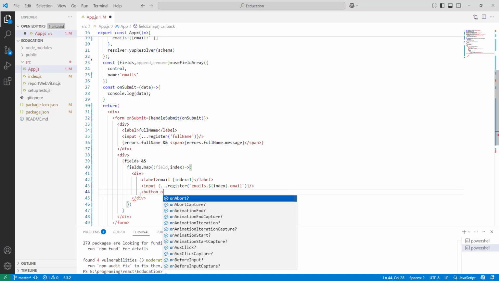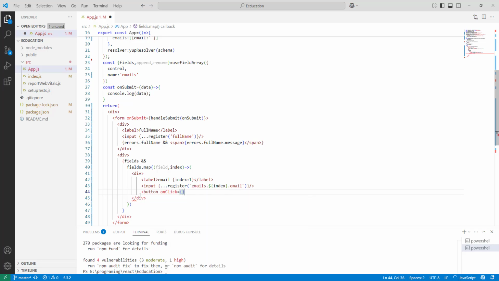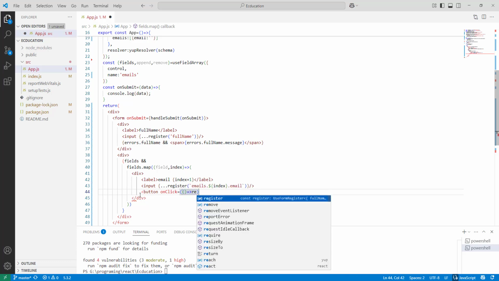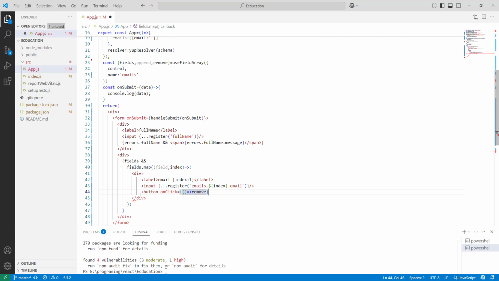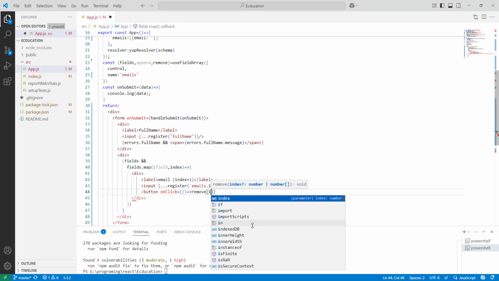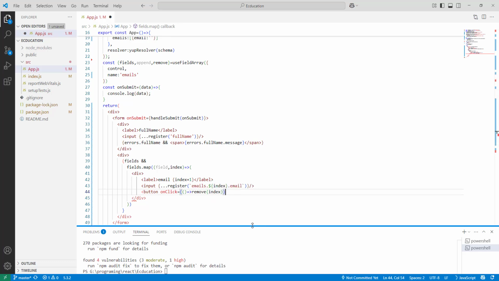Button, onClick, remove, which refers to this remove. Yes, and you have to write index here. Here you can write remove,